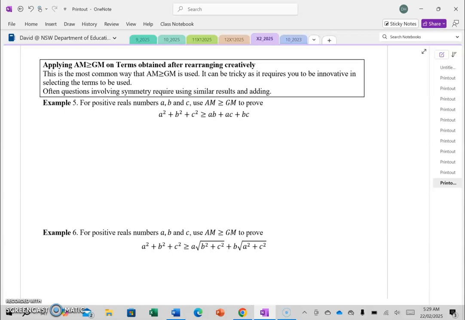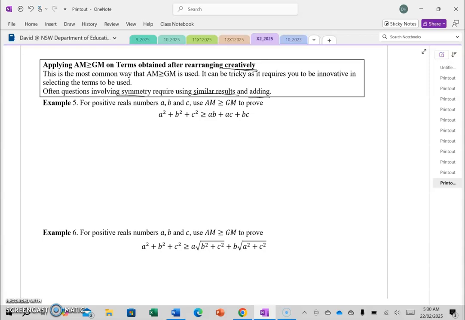Here we go. Applying AM greater than or equal to GM on terms obtained after rearranging, I've said creatively. I'll try and explain my thinking as we go through. It's the most common way that AM-GM is used. You have to be very careful with what you substitute. It can be tricky as it requires you to be innovative in selecting the terms to be used, and often questions involving symmetry require similar results in adding. Okay,